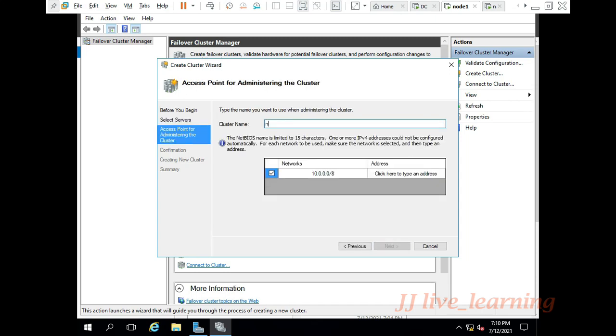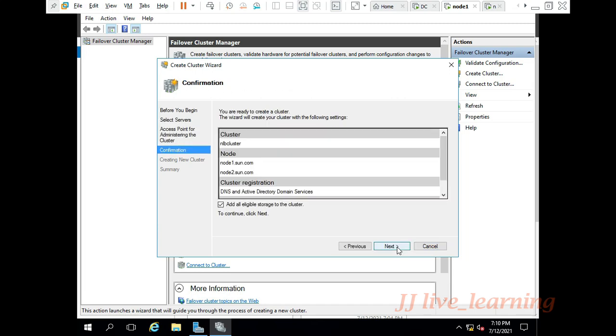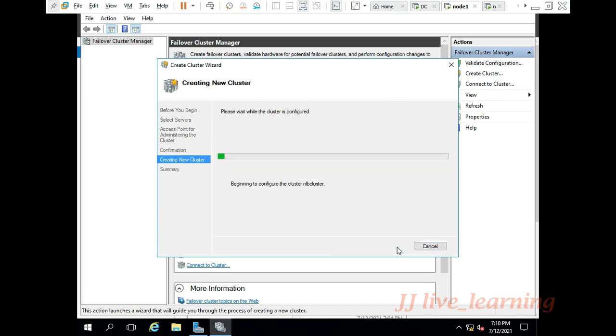Just do next. We are giving a cluster name, that is NLB cluster. We are assigning the link IP address between your node 1 and node 2. The IP address 10.90 makes a link between your node 1 and node 2, that is like a heartbeat IP address. Just give next.